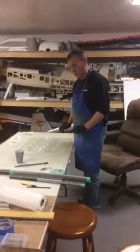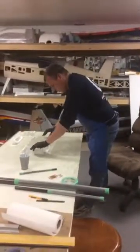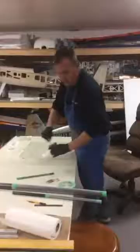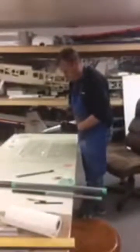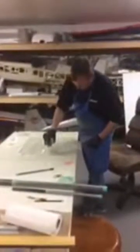So we're going to do the 1.5 inch wing tube first. You'll notice that we just got them laid out here, 1.4, 3.6 ounce cloth, and a playing card. Now we're just going to...